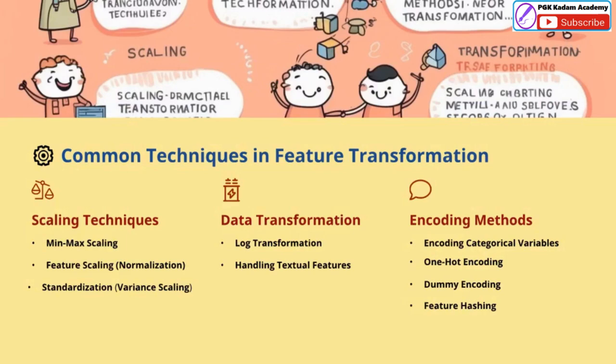We'll cover some common techniques used for feature transformation, including scaling, data transformation, and encoding methods. Scaling techniques like min-max scaling, feature scaling, and standardization help standardize feature values to a common range. Data transformation techniques like log transformation and handling textual features can help normalize distributions and work with different data types. Encoding methods like one-hot encoding, dummy encoding, and feature hashing allow us to work with categorical variables in machine learning